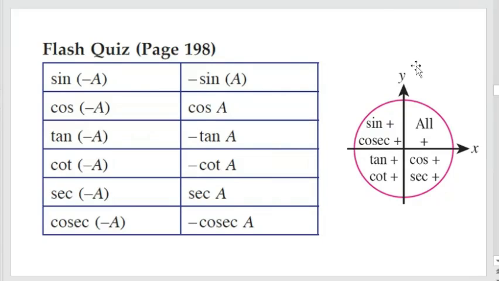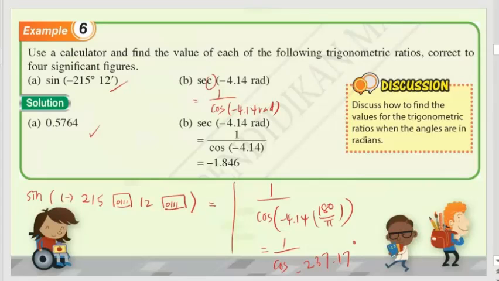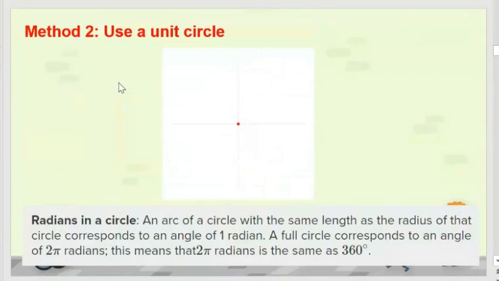Can follow? So we go back to another part. The second method to find the values is the unit circle. So we go back to slide 49 now. Okay, the second method, using a unit circle to find out the value. Okay, so for the radians in a circle,